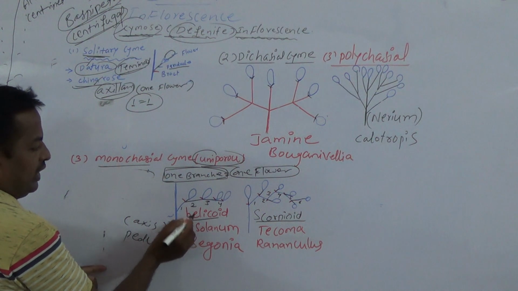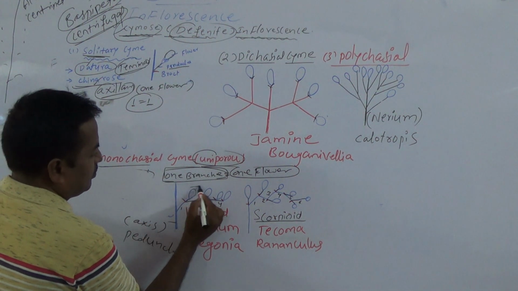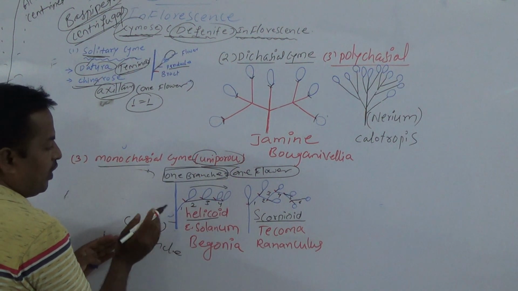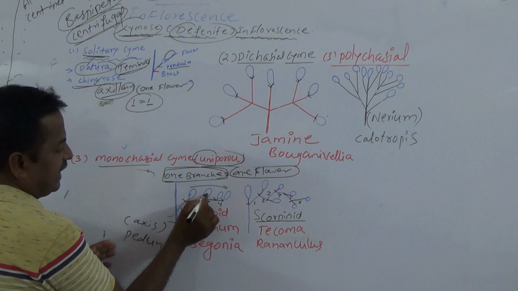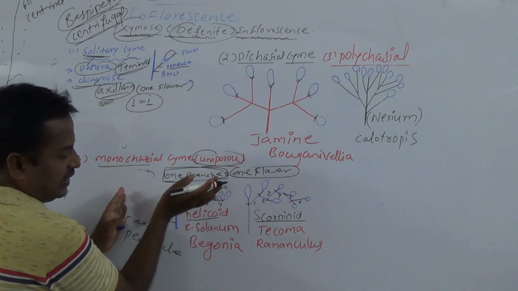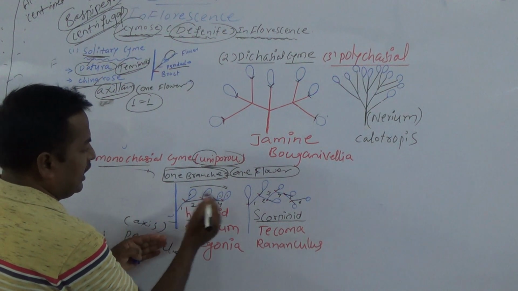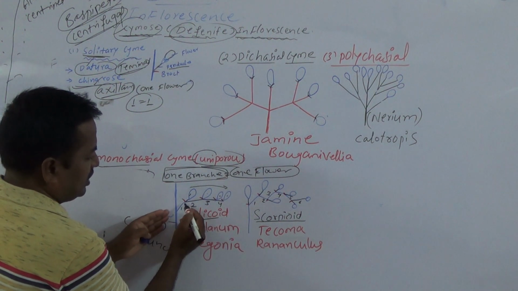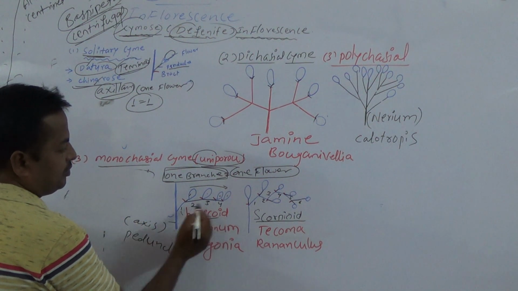So in helicoid, the flowers are formed on the same side. The flowers are formed on only one side. Now this is the first flower, now this second, third and fourth flower. Then all flowers are formed on only one side. And every time it produces only one branch, which ends with flowers. Now this is a pseudo branch. The branch appears only like one branch. It is a pseudo branch. So it is a helicoid.